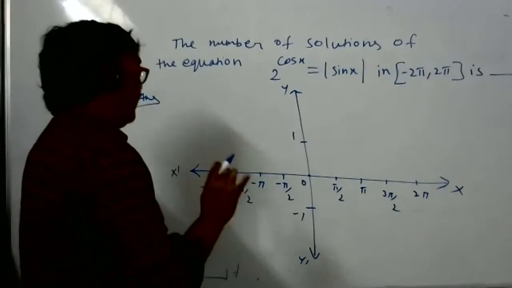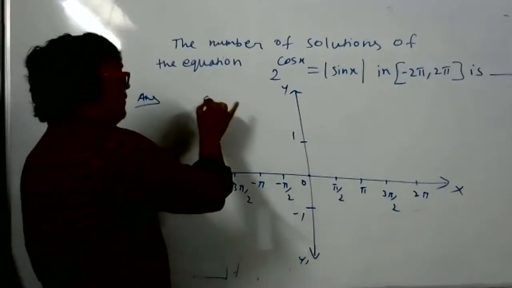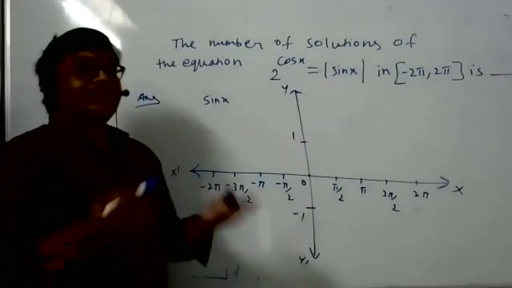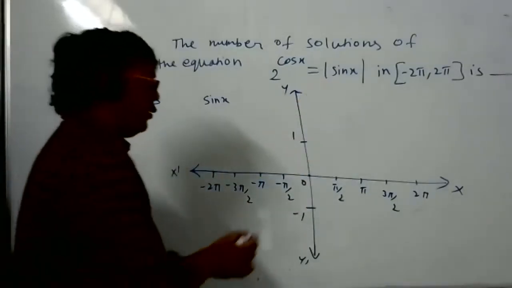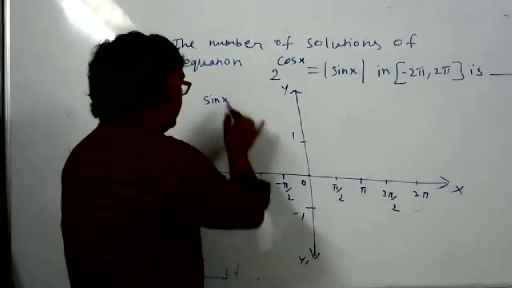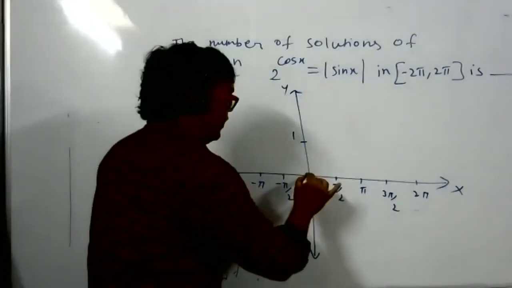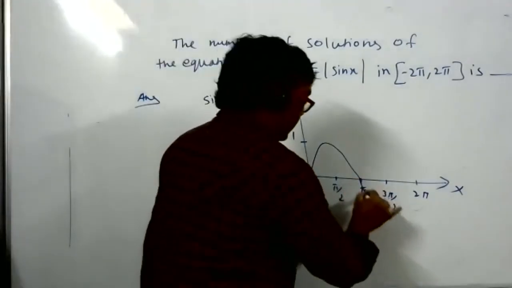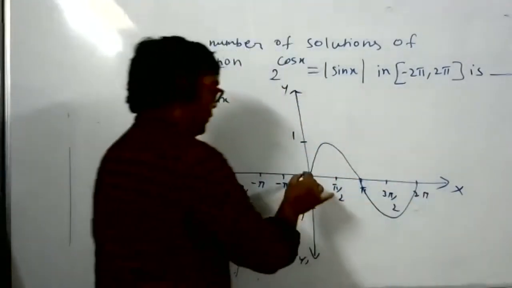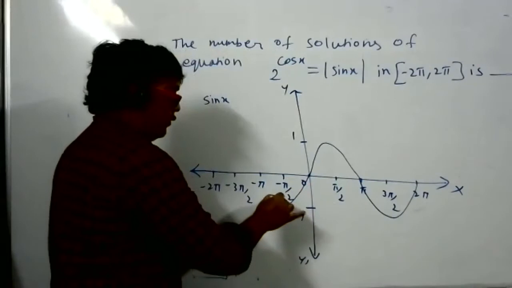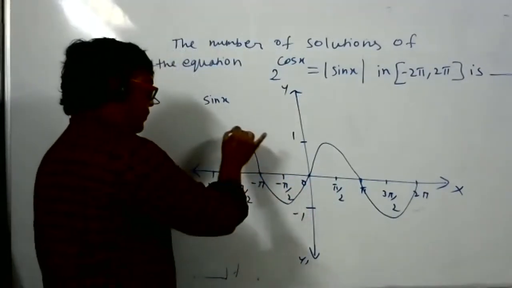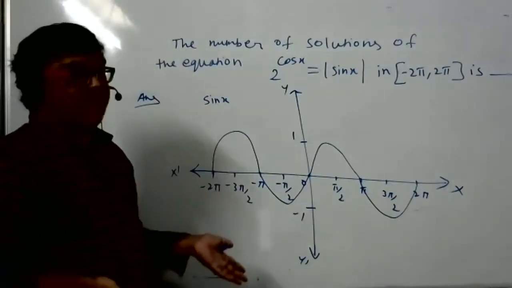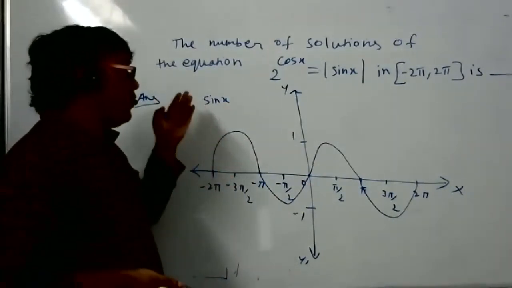Students, don't copy the graph. Suppose the graph is sin x, not mod sin x. That time you know how to draw. How you will draw? Sin x means sin 0 is 0. So it will be like this way. Here too, it will go crest, trough, crest, trough. Again here, somewhat this way. Sin x. Okay, rough diagram only, but this is not our graph.